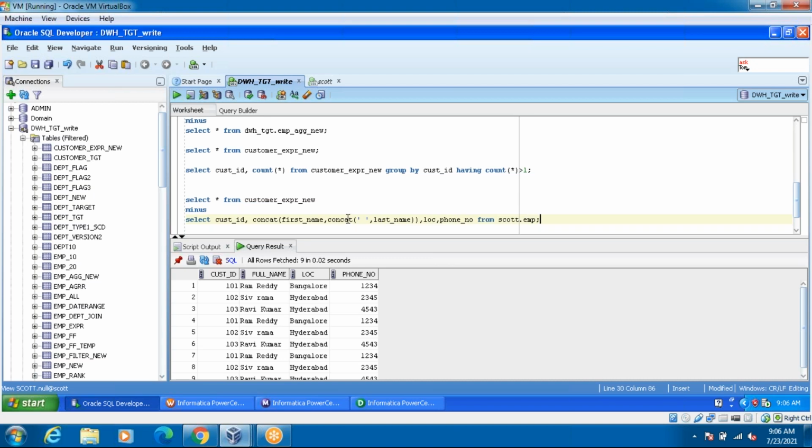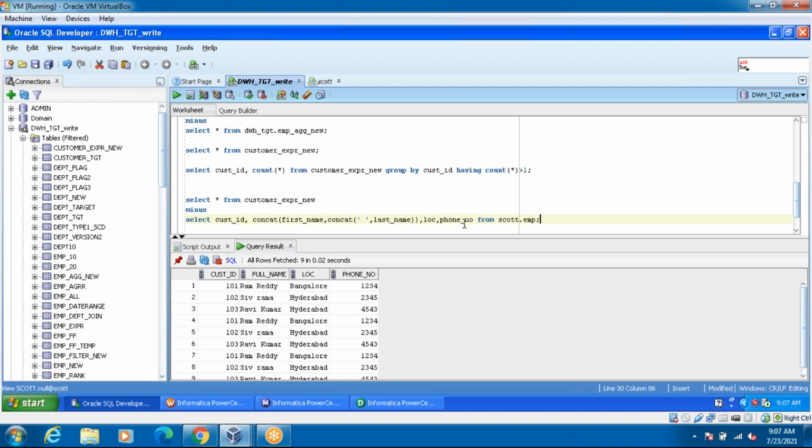So like that you have to build your query, your logic you have to implement. Okay, why do I use two concats? I use a concat of the first name and then a concat of the last name. Whether I want to get the space in between first name and last name, I'm populating the space in the logic. That is the reason I use it two times.